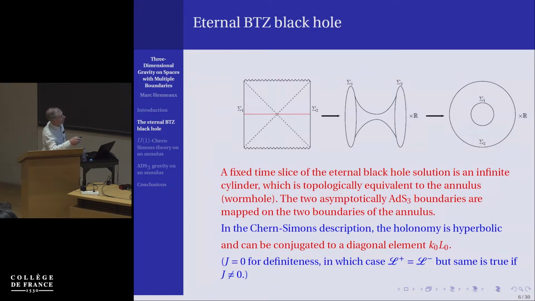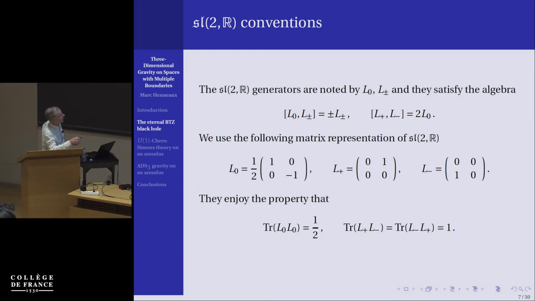So I drew explicitly the Penrose diagram for J angular momentum equal to 0, but the same can be developed in the general case. Now, just for definiteness, the basis of SL2 generators which I take is this one. So L0 is the Cartan subalgebra, and then you have the raising operator and the lowering operator, and for some reason that I do not completely remember, we took the following conventions for normalizing the matrices,